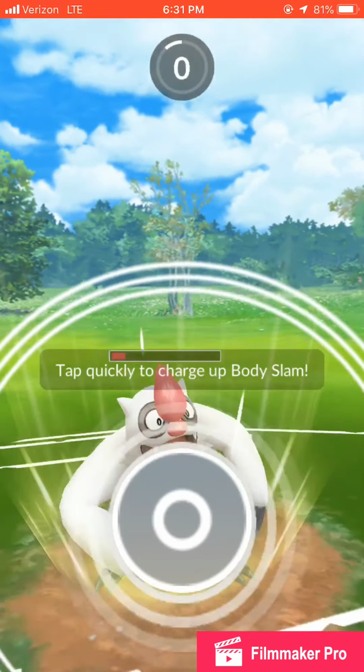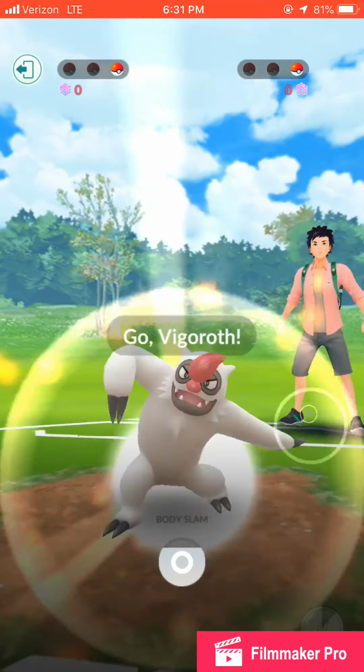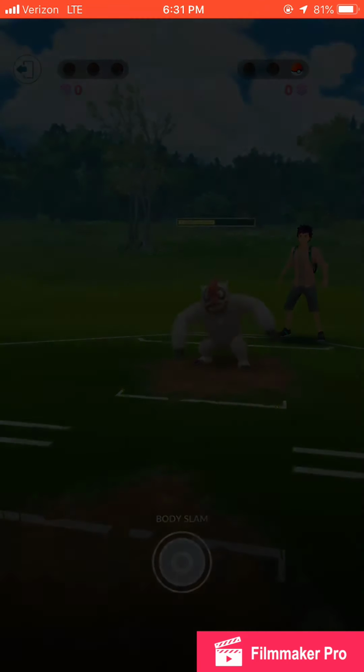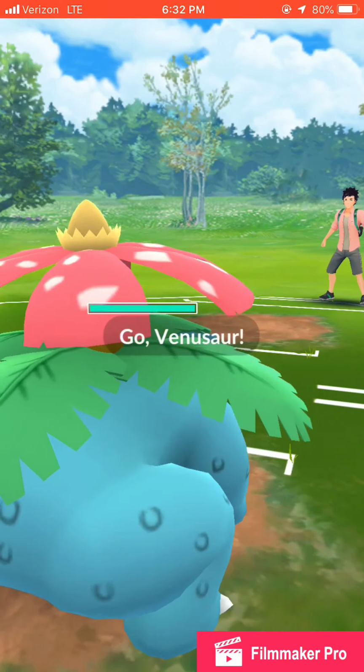But his Vig's going to have that Body Slam ready to go for whenever it comes in. So I'm going to lose in the first round. And it was really close. But I don't think I killed there anyway. So GG's. So we're going to move to the next match against Exo, and I'm going to lead with Venusaur